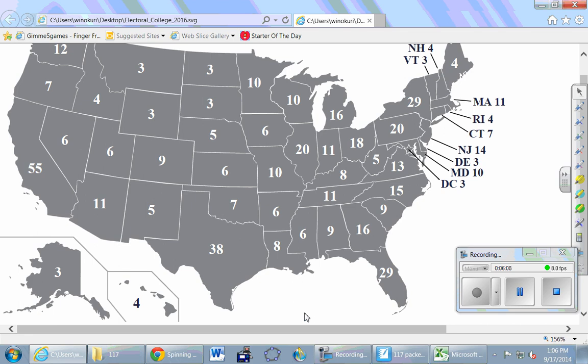Okay, so how many votes do we have as a state of Massachusetts? We have 11. And this is how many we'll have in the year 2016, and it's how many we had in 2012. But in 2008, we actually had 12, not 11. Why did Massachusetts go from 12 down to 11 from 2008 to 2012? What happened in between?